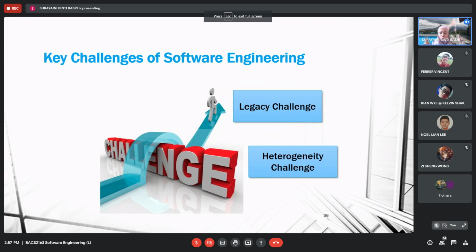Okay, so the challenge is that not all software engineers have the skills to develop software or web systems across various platforms, especially if the software engineer is not updated with the new technology. So for example, if the software engineer is only an expert in web systems, and can only develop a software or web system that can be accessed through a browser on your desktop, laptop, or PC,